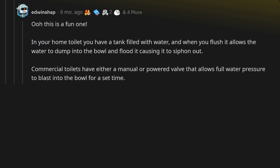Commercial toilets have either a manual or powered valve that allows full water pressure to blast into the bowl for a set time. It all but ensures it'll flush since anything in the bowl is blended, but it's a more